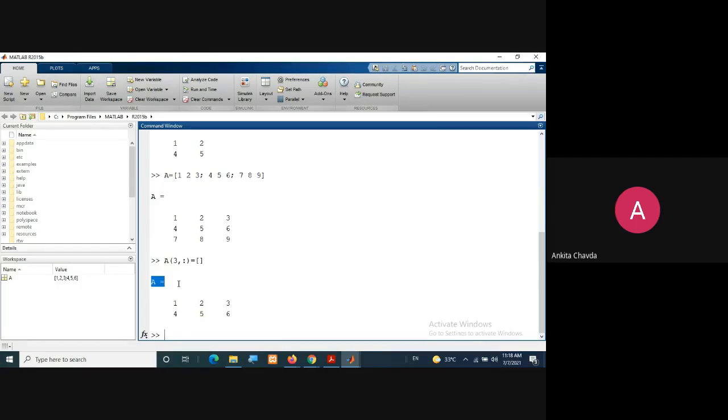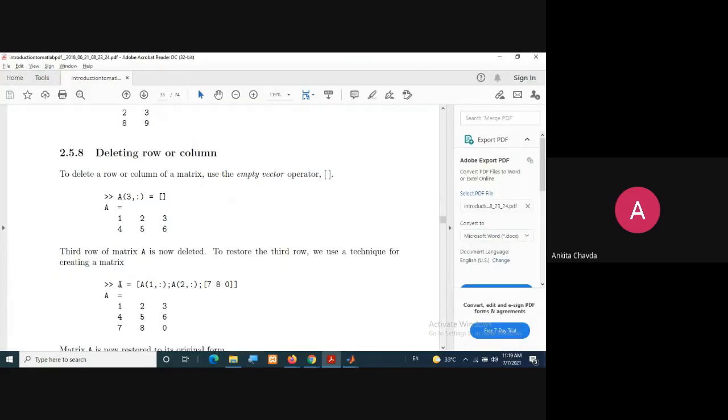But now imagine you have a 50 cross 50 matrix. The 50 rows and columns you cannot write. So how to restore it? You can write like this. Your very first row and all the columns will be as it is. Your second row and all the columns, they would also be as it is. And the third one which you have deleted, you want to write that row only.